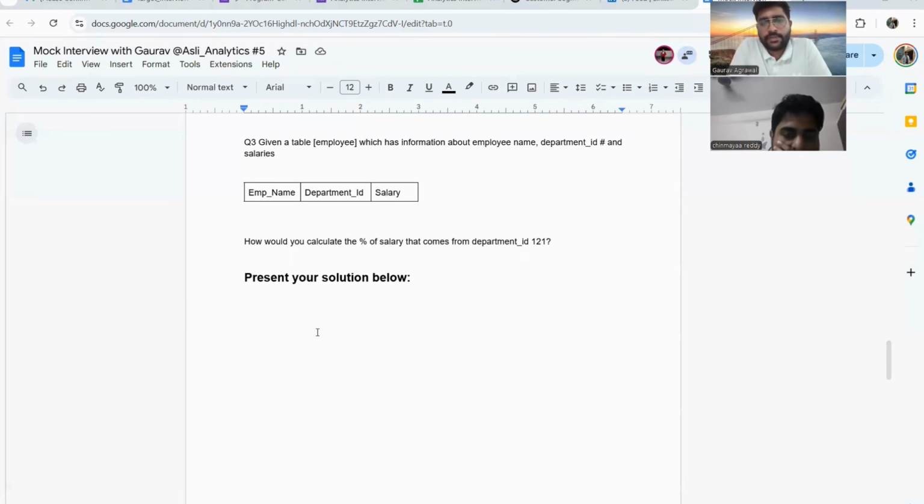Ideally, it is the total salary of department 1 to 1 divided by the total salary of all the employees.